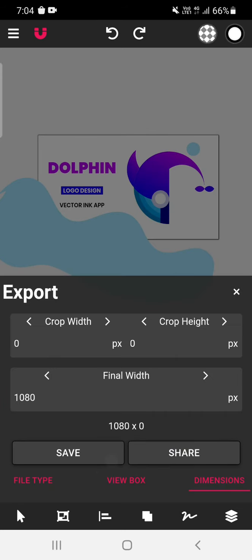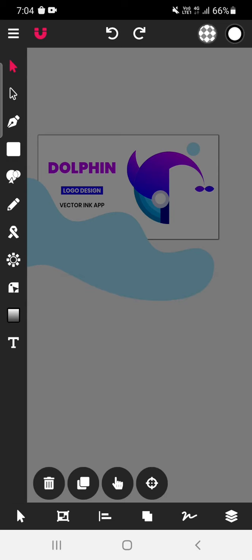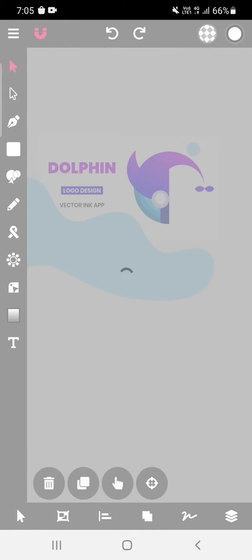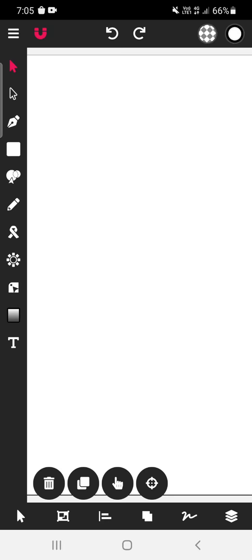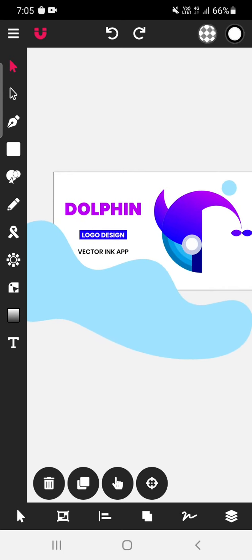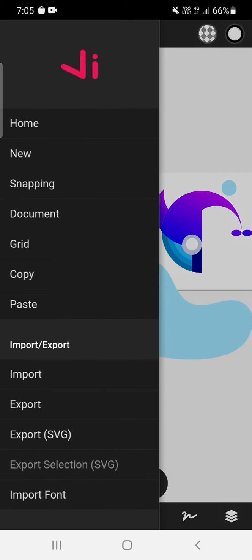Okay, earlier there was a feature in this particular export option in which you could change the background, but now to change the background you have different options.